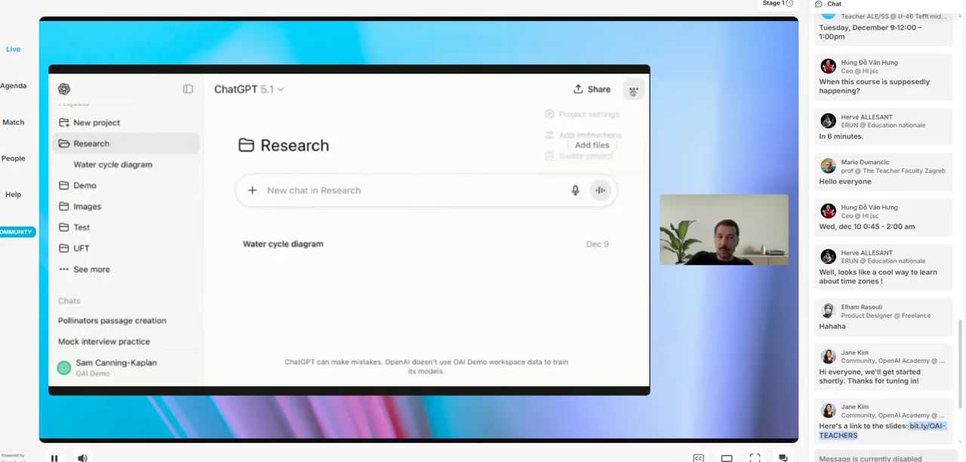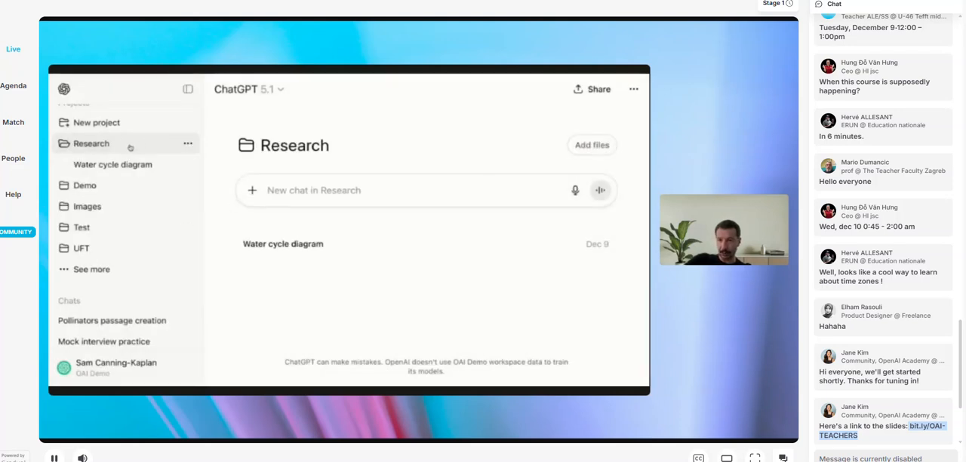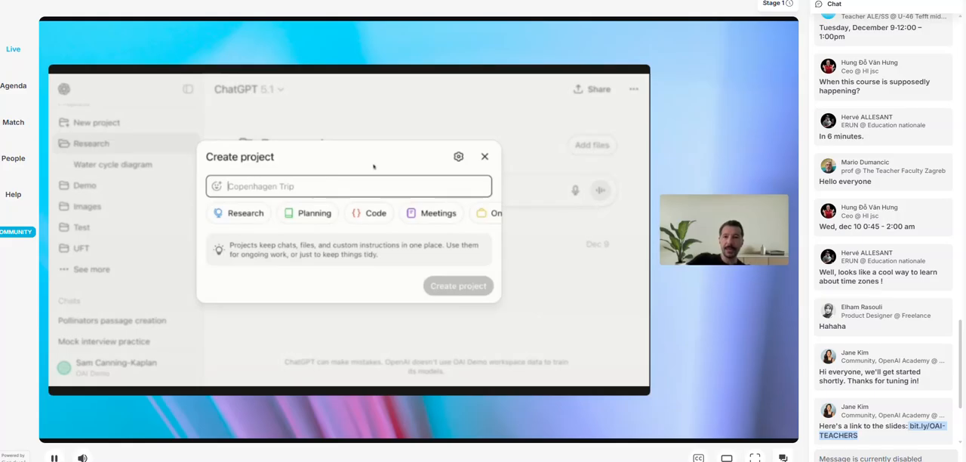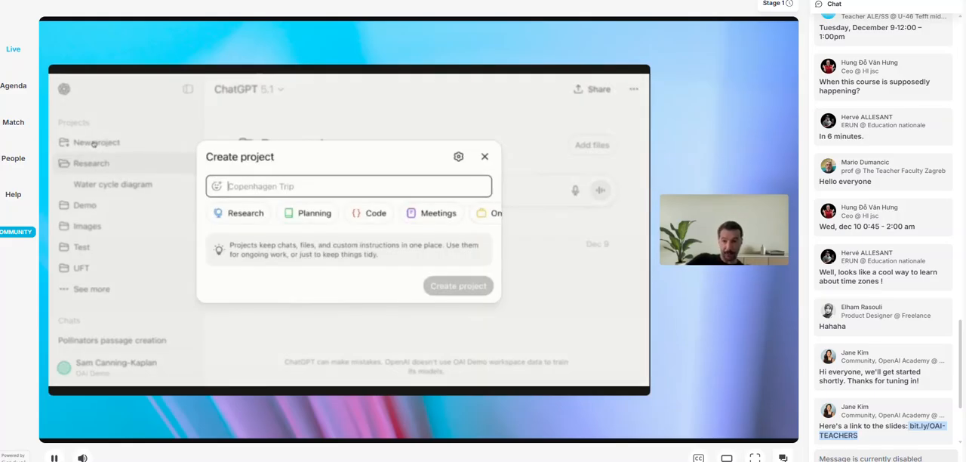In our next session, we're gonna get into a lot more depth on projects and custom GPTs, as I mentioned. But for now, I'm just gonna show a couple basic project settings. Bear with me. We're gonna start a fresh one just so folks can see this. I'm creating a project again, and to do that, I go on the left and click New Project,